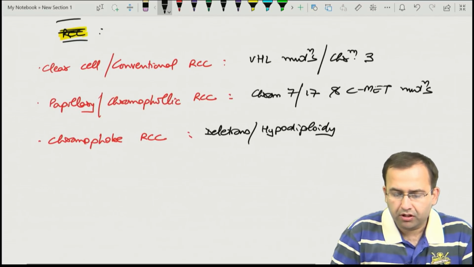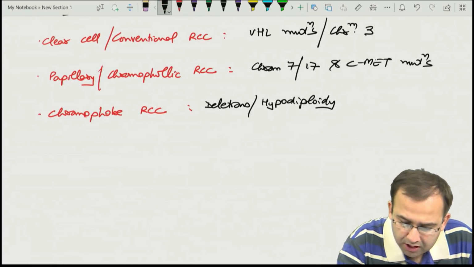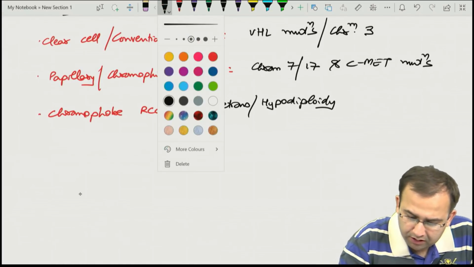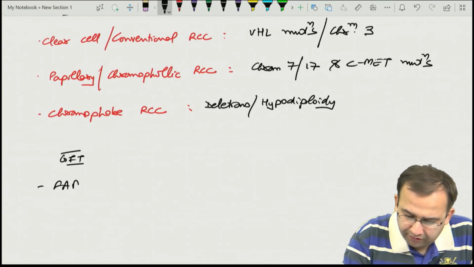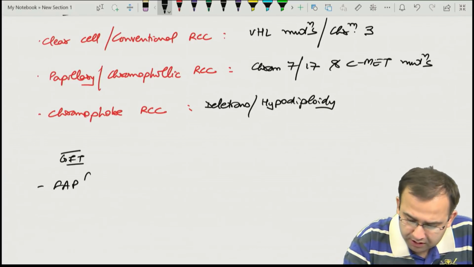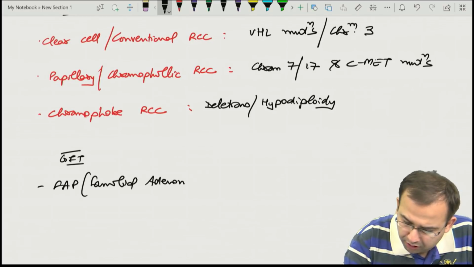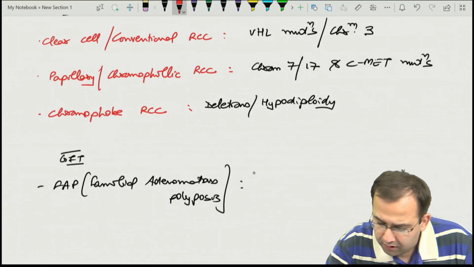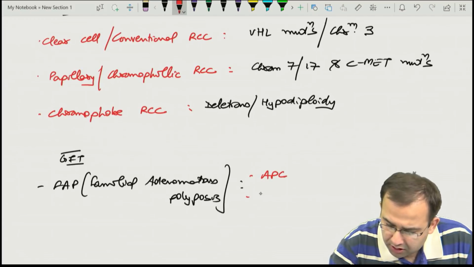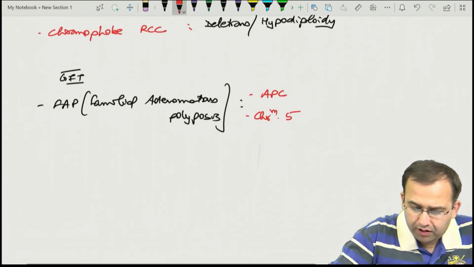Next point, continuing with our list of cancers with the gene mutations associated. Starting with GIT, FAP, familial adenomatous polyposis, associated with APC gene mutation, present on chromosome 5, versus